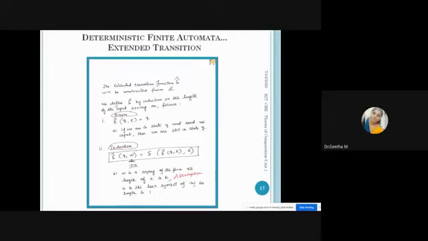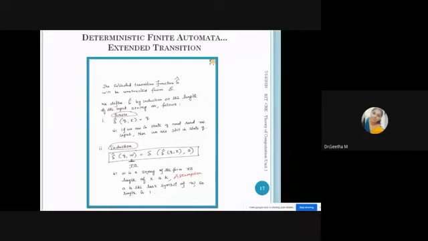Coming to induction, you want to consider up to k length. The entire input is W, and W may contain any length of string characters. You want to split your W into XA, which is why I have given XA in the box. What is X and what is A? Up to k length, X is a string of length k, and then you find k plus 1. A is the last symbol of the given W.